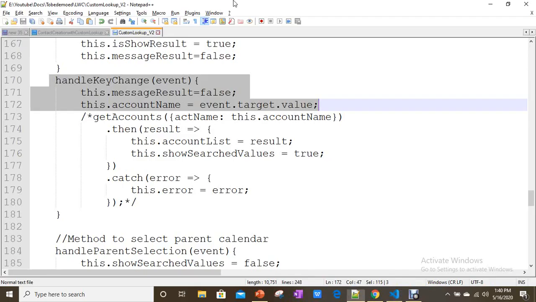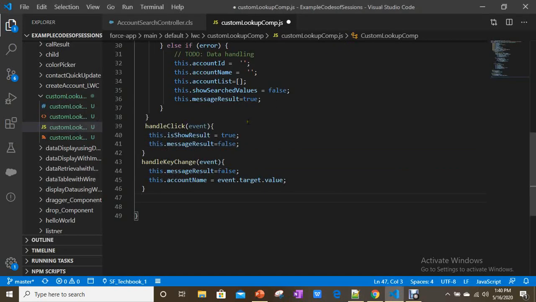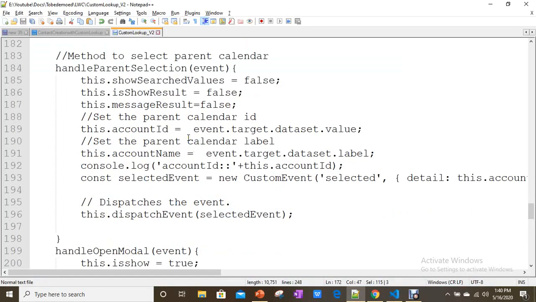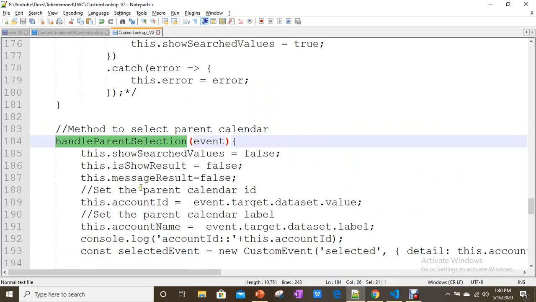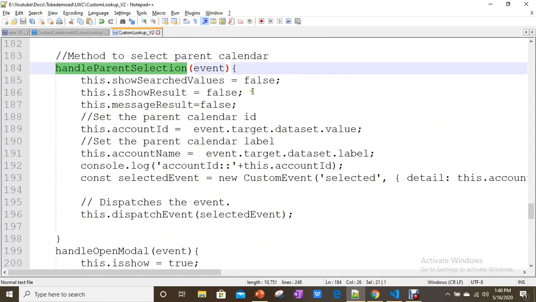Now, when there is a result, so someone selects the result, or someone selects an account record in our example, then it has to call this method. When it calls this method, what is going to happen?